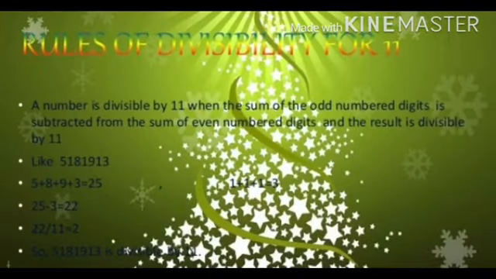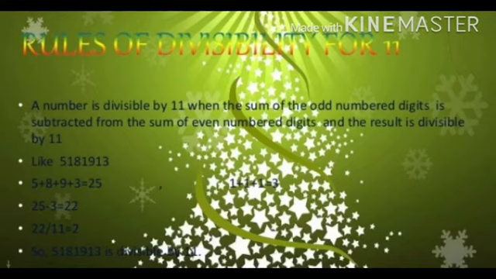Rule of divisibility for 11. It is slightly different and very interesting. A number is divisible by 11 when the sum of the odd numbered digits is subtracted from the sum of the even numbered digits and the result is divisible by 11, like